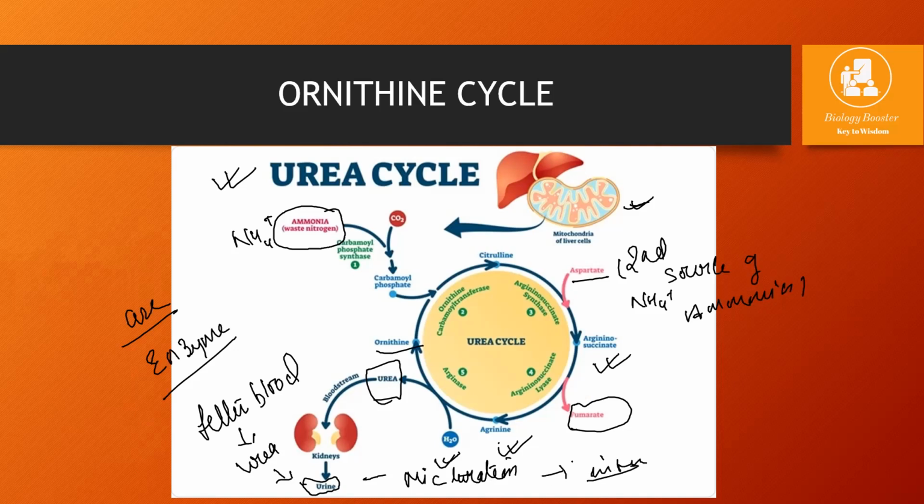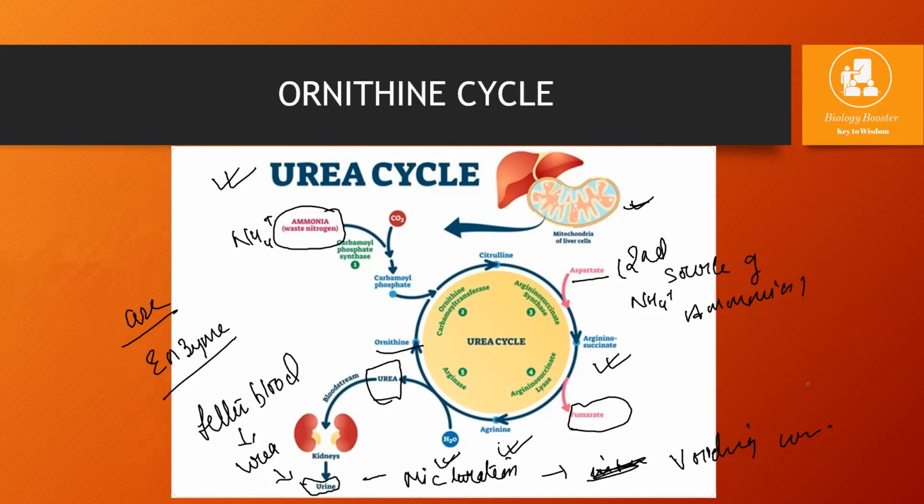No, it's not the act of taking out urea. It's the act of voiding your urinary bladder. Voiding urinary bladder. Okay, releasing of urine outside the body is micturition. Okay, so by the micturition process, the urea is being released. We have excreted the waste product. Okay, I hope everybody understood this ornithine cycle.